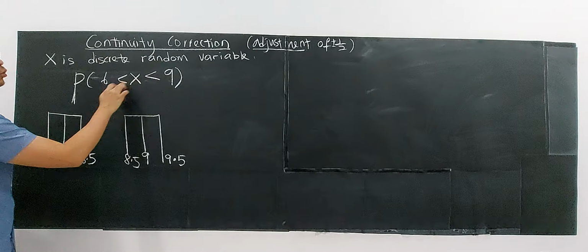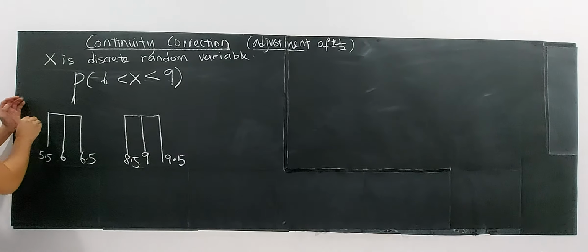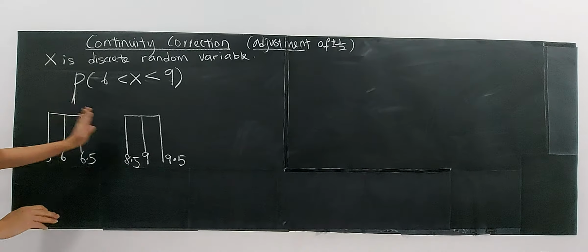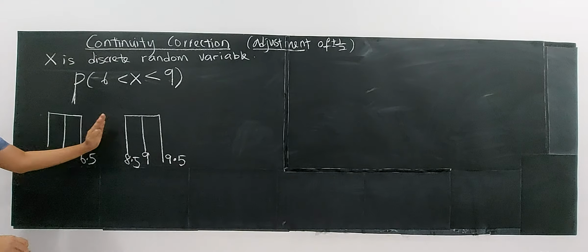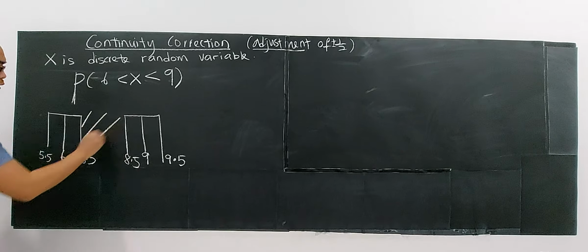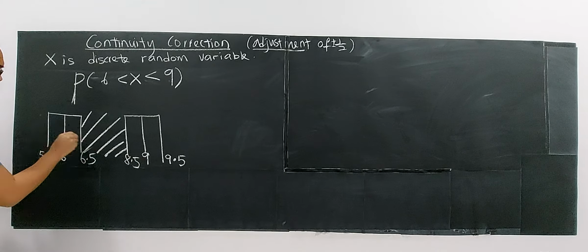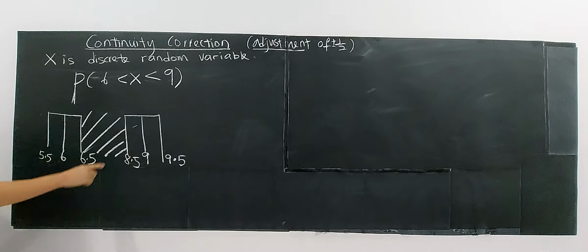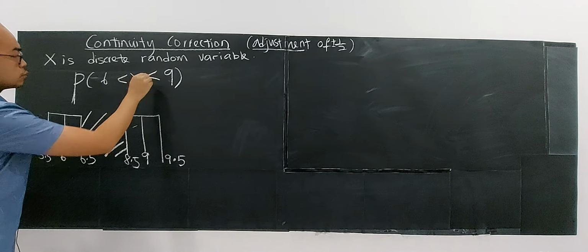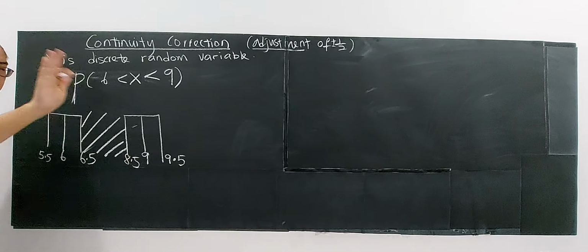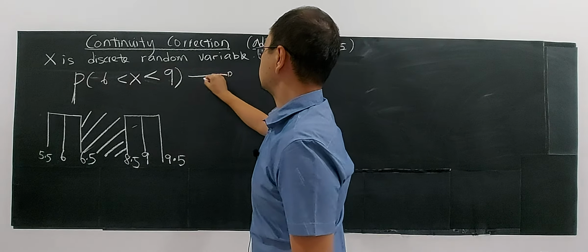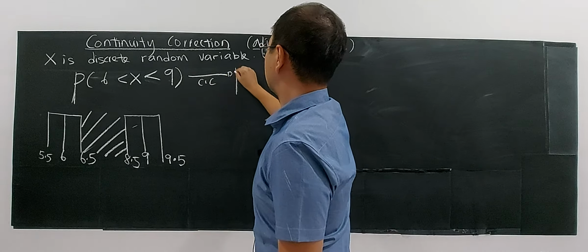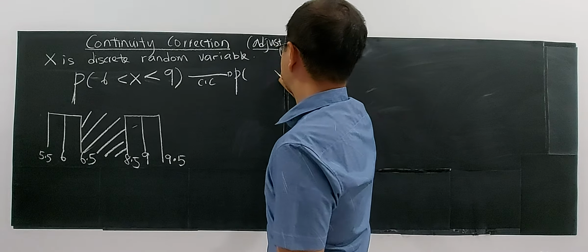Okay, in between, what is in between? Which area is in between? 1, 2, 3. This is more, this is less, this is in between. This one, in between. Can you color the box? No, you cannot. Why? Where is the equal? No equal. Cannot. Alright. So if you do the continuity correction, it will become probability x between